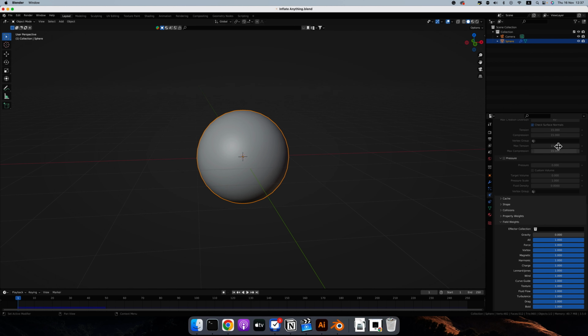The first thing that I like to do is add pressure. If you want to inflate anything, that's the first thing you want to do, is turn on pressure in the cloth simulation. Okay, with pressure, I've only used two settings. The pressure or the pressure scale value, I know there's a pressure scale over here, but I think this is multiplied by this, and I never really use it, but I use pressure and the vertex group. I always start with a small number. It depends on the scale of your objects and depends on the shrink factor value over here. But I know for the scale of my object, starting with a 2 or a 4 is the best choice,